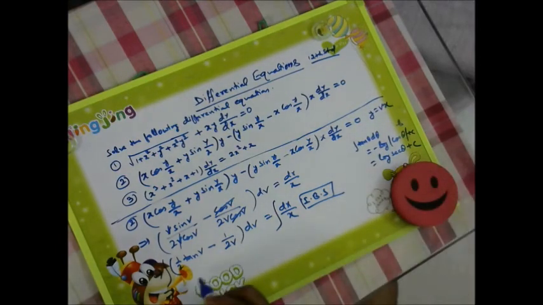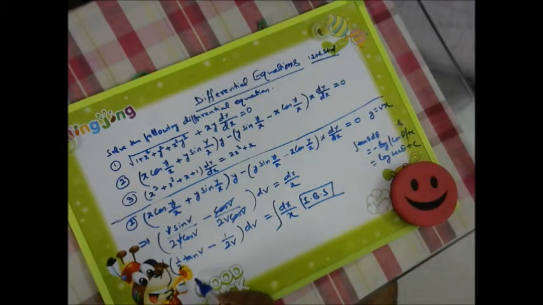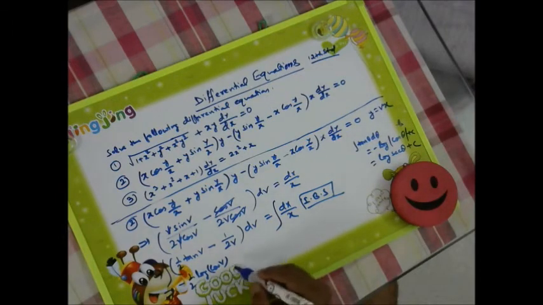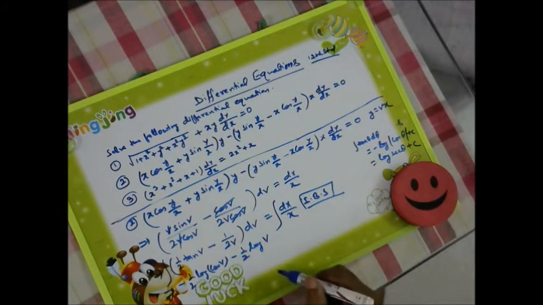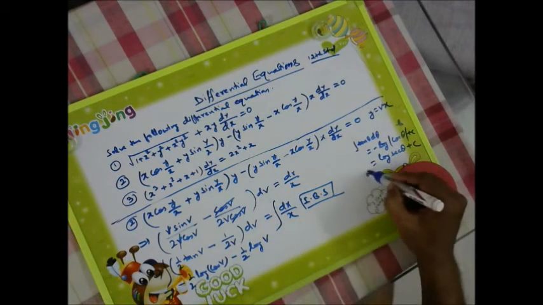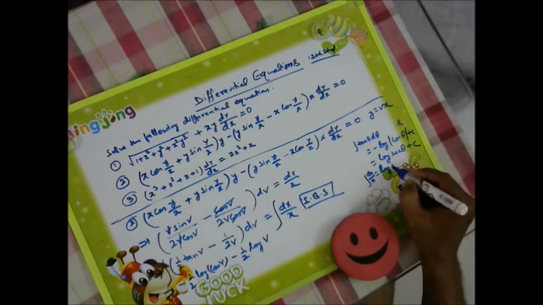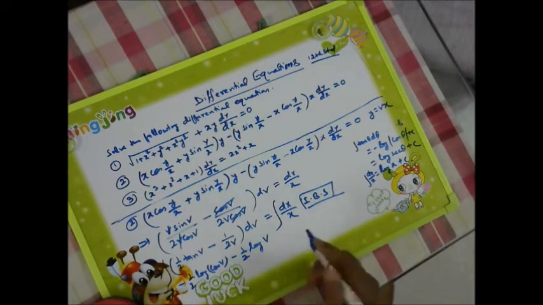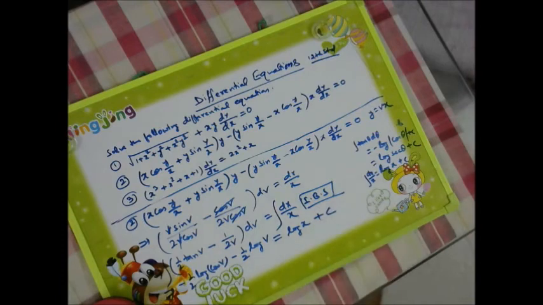We can utilize that. So here it has become half. So if we are writing minus log cos v, so minus you can say half log cos v, right? And for this minus half dv by v, it will become minus half log v. So this is also formula 1 by x. So integral dx by x is equal to log x plus c. Similarly, right hand side it will become log x plus 1 integration c.